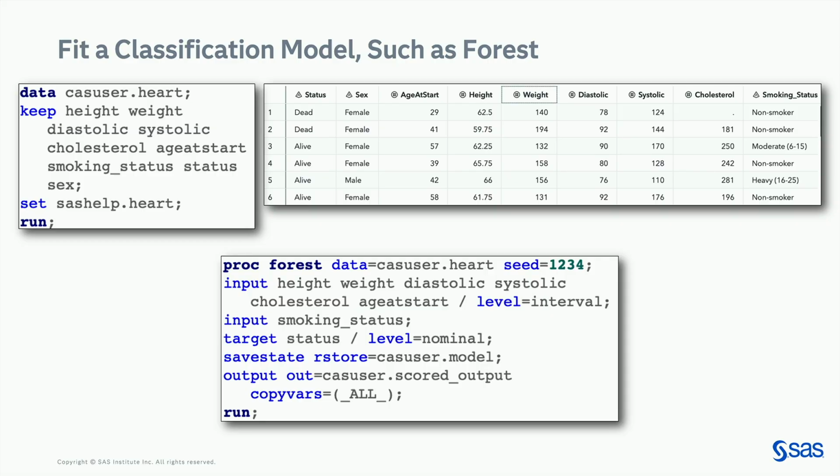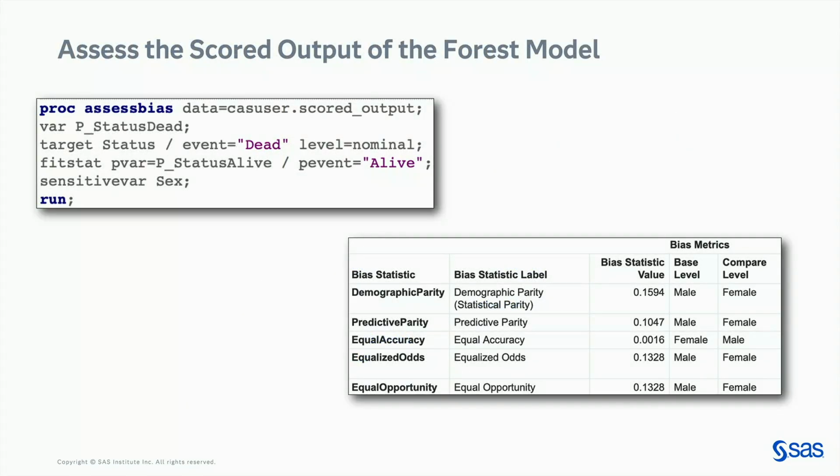So maybe I would just normally go up and create a random forest. I'm going to do it in code, proc forest, throw in the variables, throw in the target, and I'm going to save the save state. That's just for saving the model later, and I'm going to save my output. And that might be where I start. And then I would take that output and throw it into our proc assess bias. We have an assess procedure. We also have an assess bias procedure. So that's going to look at that output that you've scored, and you give it the predicted variables that come out of the procedure, and you say, hey, here's the sensitive variable I want you to compare.